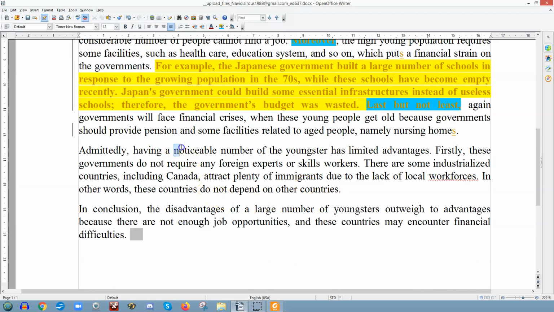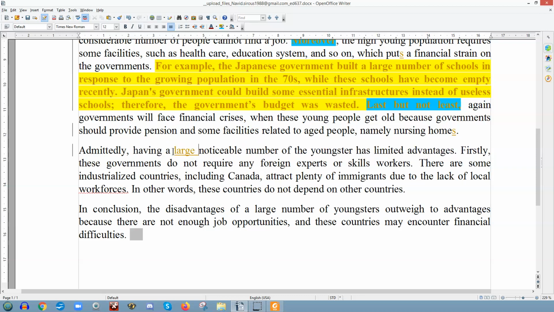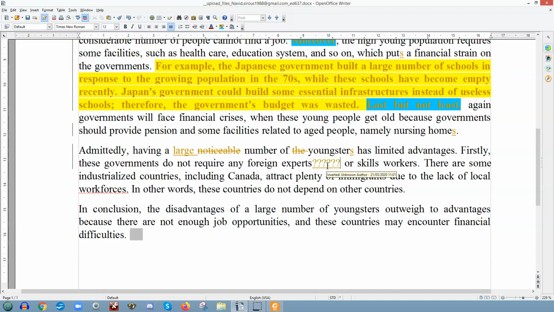"Admittedly, having a noticeable number of youngsters," we don't need an article, "has limited advantages. Firstly, these governments do not require any foreign experts." Why don't they? It depends what you're talking about. Experts in what? Or skilled workers? Well, again, just because you've got a lot of young people in a country, what's that got to do with